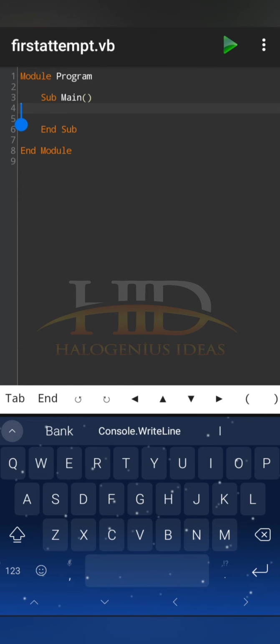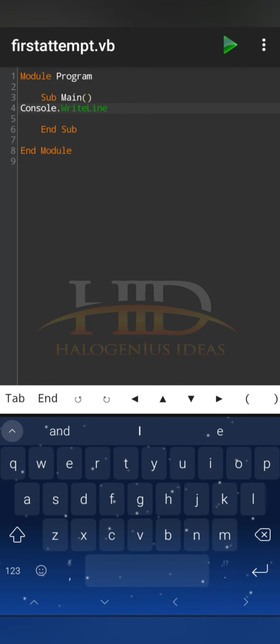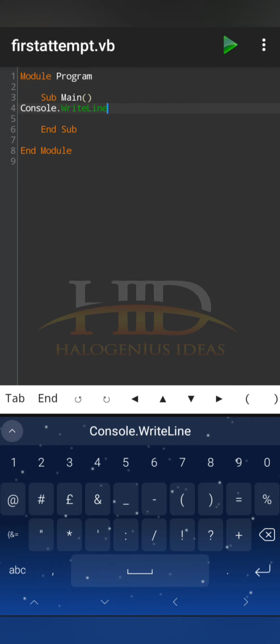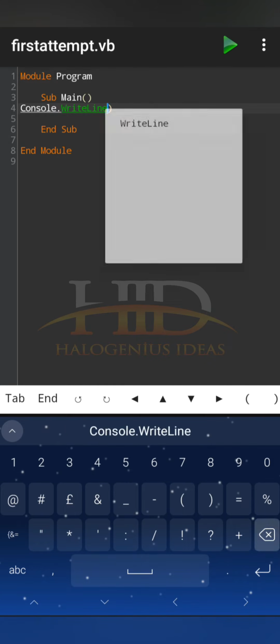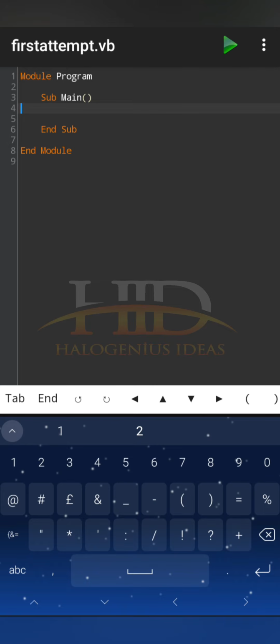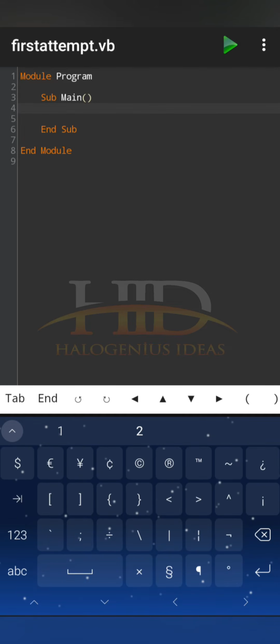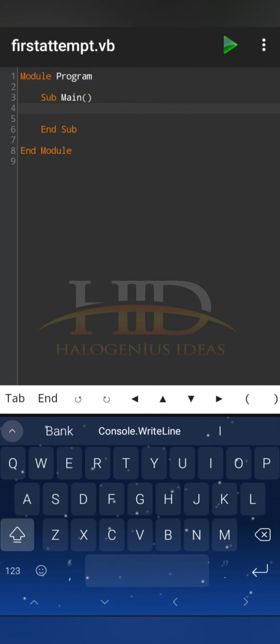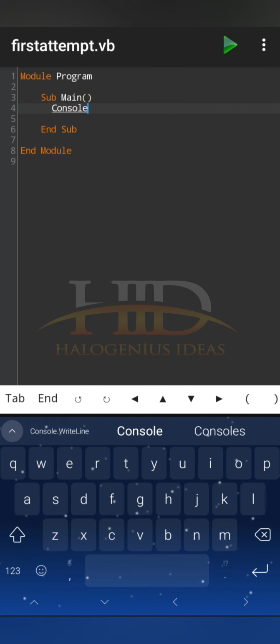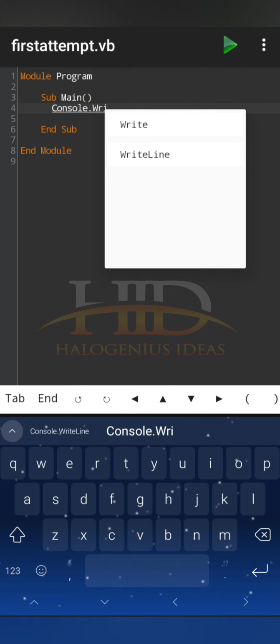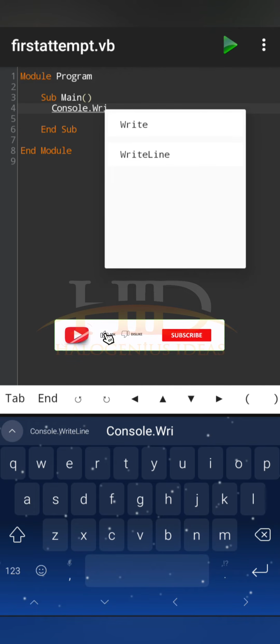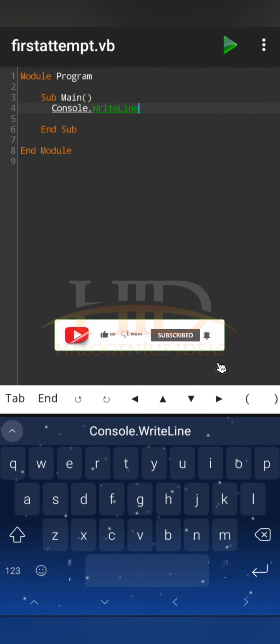After saving it, it's giving me an empty space like this, so I can just write some basic code. Let me say console.WriteLine, and it's even giving me the WriteLine already. So this is one of the advantages. I don't know about your keyboard, but I have this tab functionality on my keyboard. After typing console, for example, if I say dot and I continue to write, you can see it gives me the suggestion, the Write or the WriteLine. So I believe you understand what Write and WriteLine do. So I can just use WriteLine and